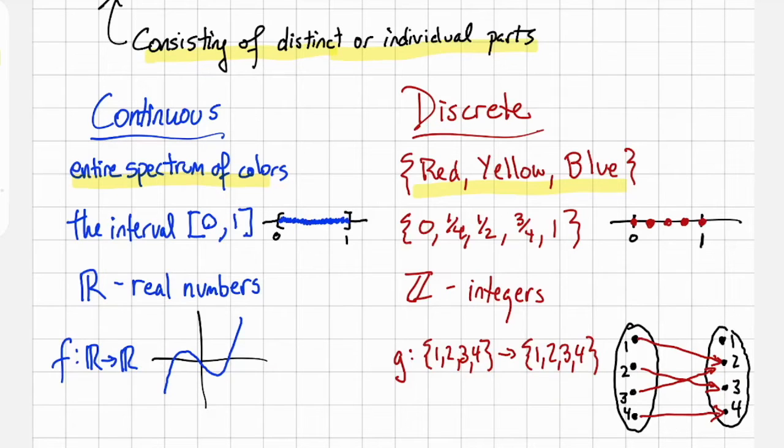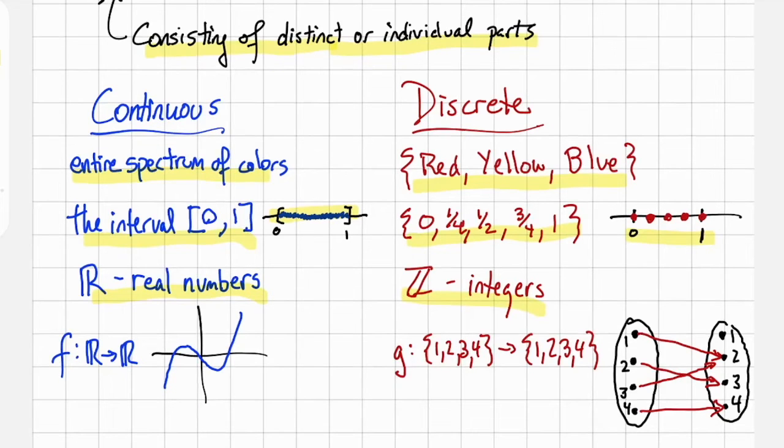Another example is the interval [0, 1]. Every single number and its decimal representation between 0 and 1 are in that interval, whereas if we take the set {0, 1/4, 1/2, 3/4, 1}, those are 5 discrete points. We can also compare the real numbers, the whole number line, to the set of integers, where it's only every